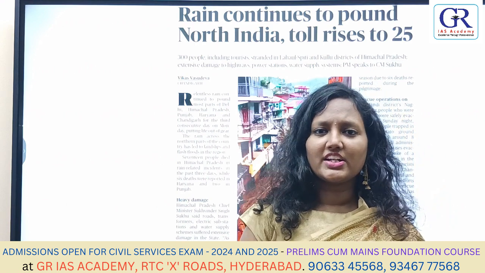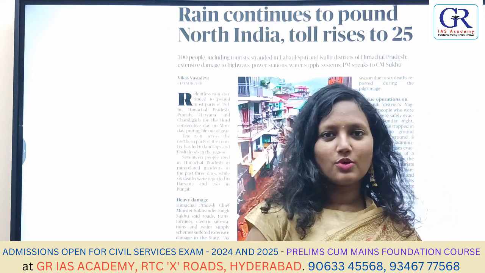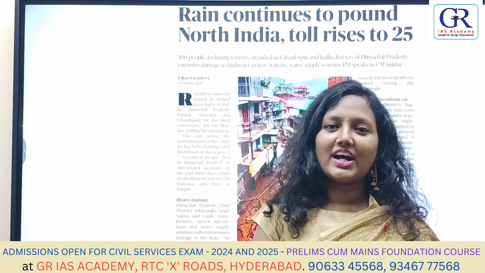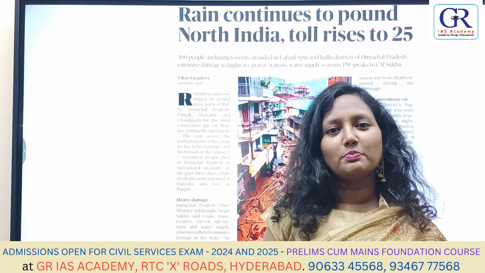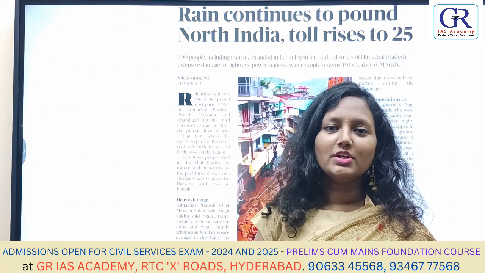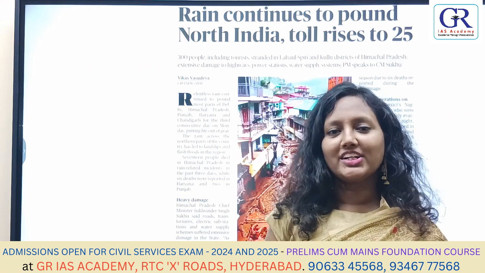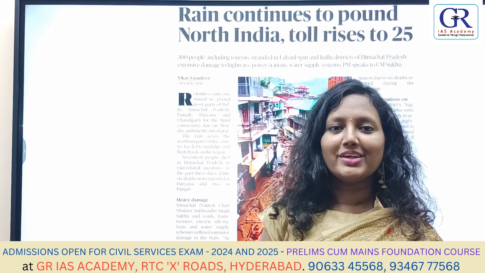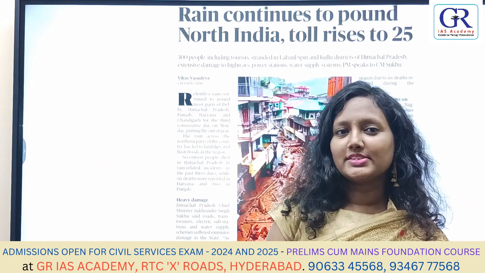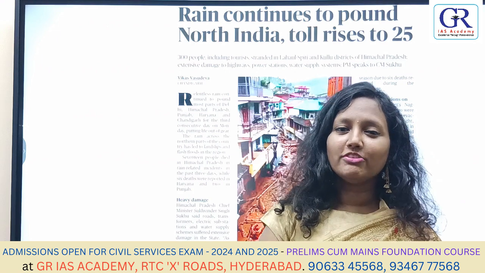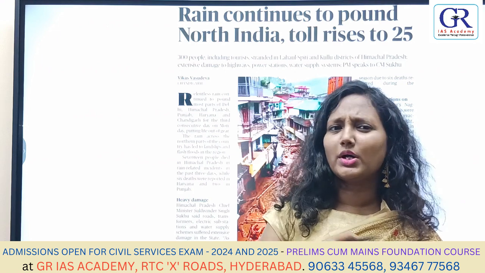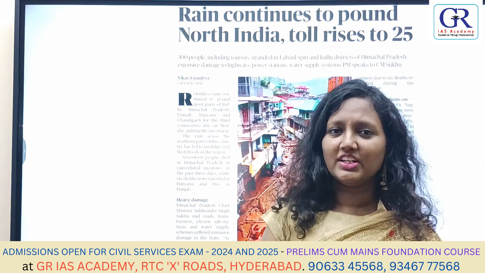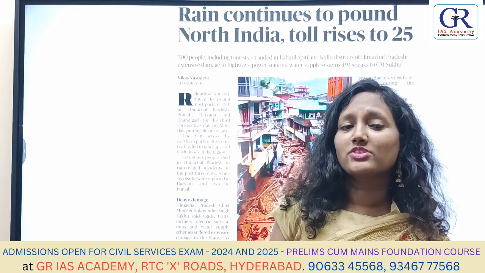When reading current affairs, you have to focus on two things. What are they? First, check whether that article is useful from your preliminary point of view or from your mains point of view. Make yourself habituated to such a practice: whenever you come across an article, you have to check whether it is preliminary. If it is preliminary, then you have to know what the points to be covered are.